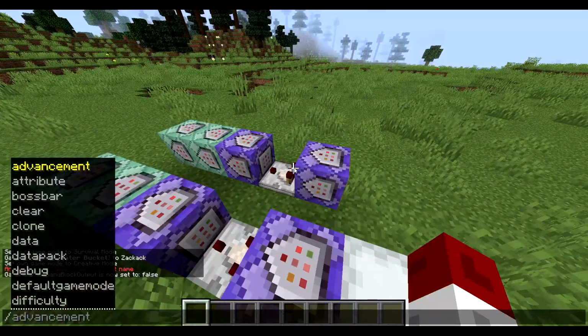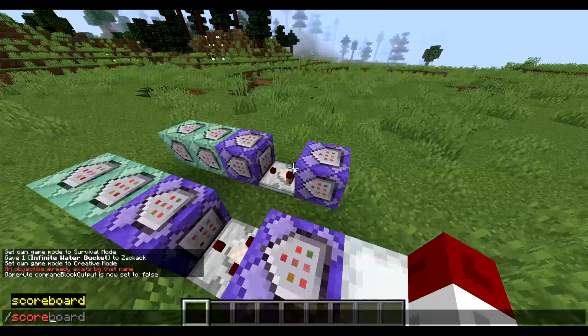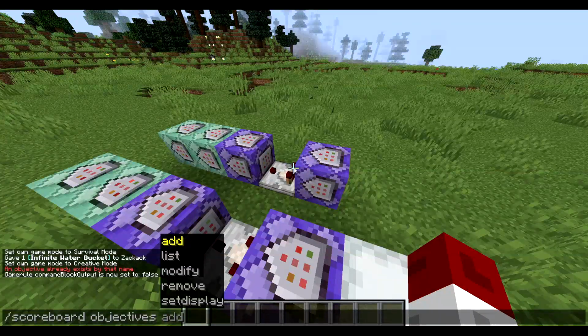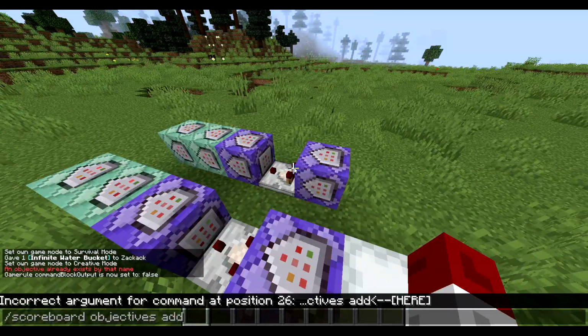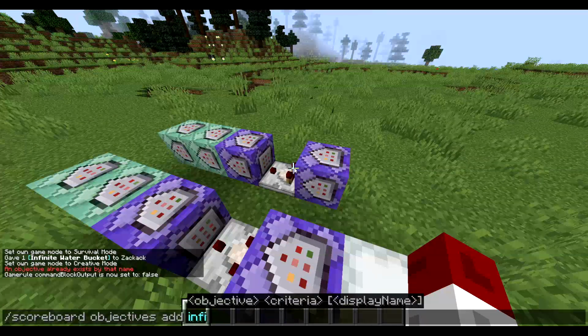It's very simple commands, I'll show you them now. If you want to make your own book you can, but it's really not necessary. The first one is just scoreboard objectives add. And then this, you can call this whatever you want. So I think I call mine